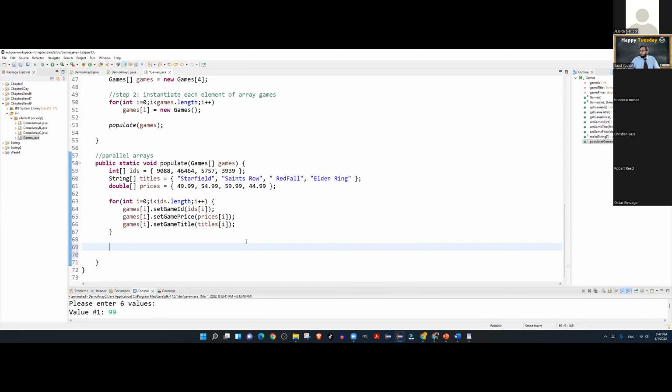I will give everybody some time to get caught up with this method. Let me know when you are caught up with the populate method.